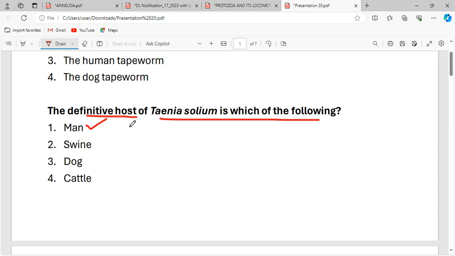What is the intermediate host or the secondary host for that particular Taenia? Pig. Very good. Super. And your question is: swine act as the definitive host or the intermediate host for which of the following organisms? Dog acts as a host for which of the following diseases? Cattle act as a host in which of the following places?